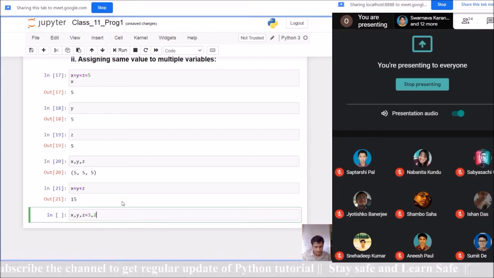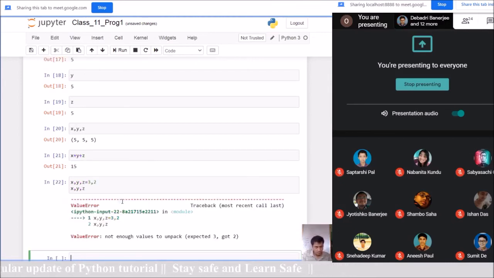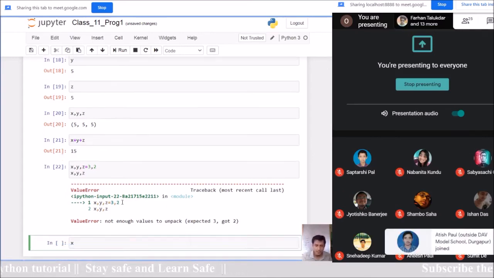Basically, you were writing this. One more or not? No, sir, only these. Then you need to see what is happening, right? Because the number of values you have given is not equal to the number of variables.